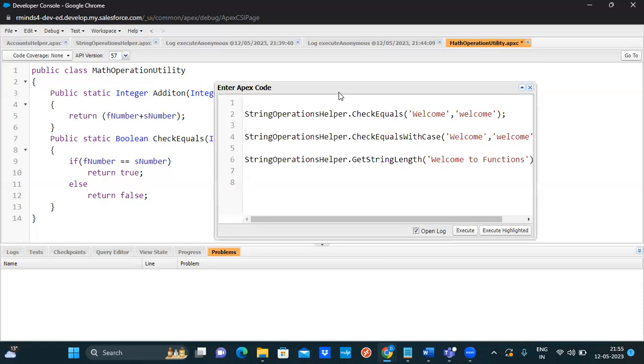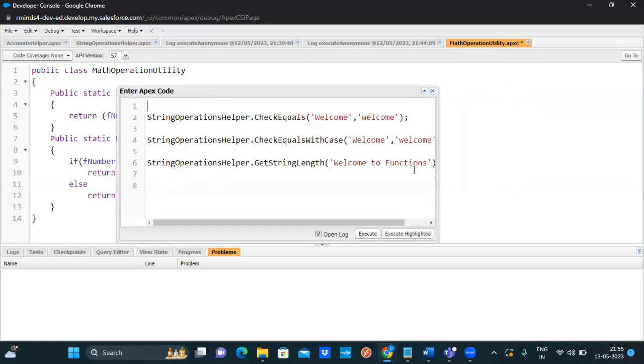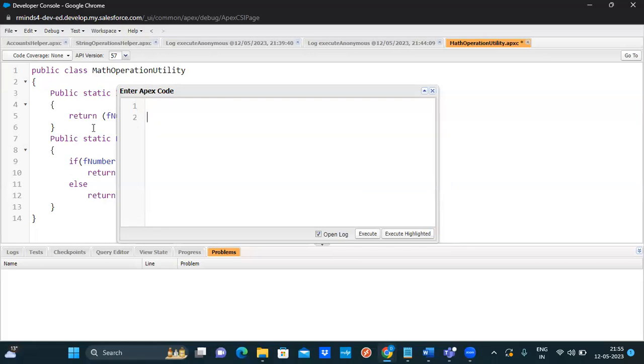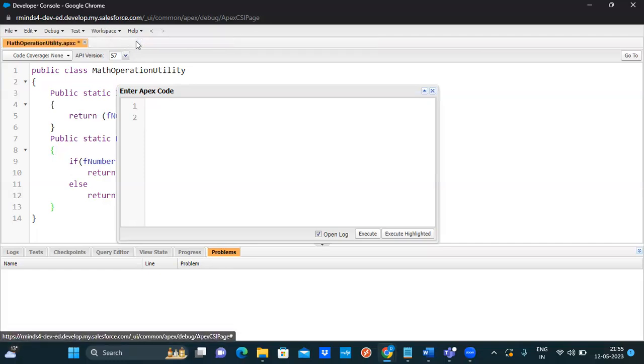So how do we execute this? Here what is happening is we are expecting a return type, and we defined the functions as static. So we don't need to create an object, but we will have to save this class. Yeah, it is saved. So now what we are going to do is in our anonymous window,